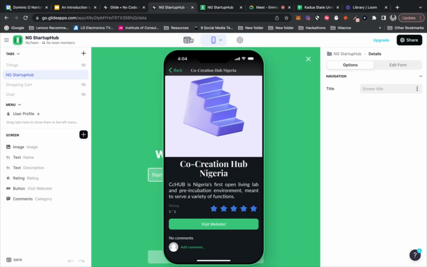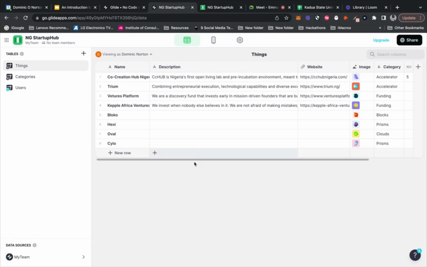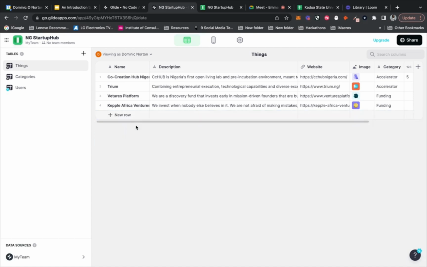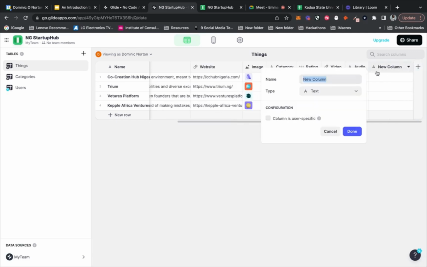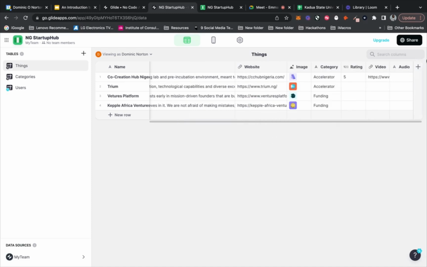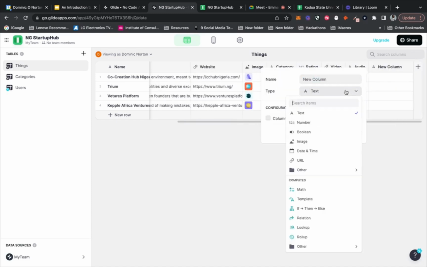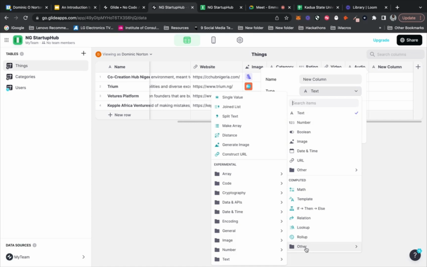I think there are some additional adjustments that I do have to make. I didn't delete these. I think I have to give it a row ID.